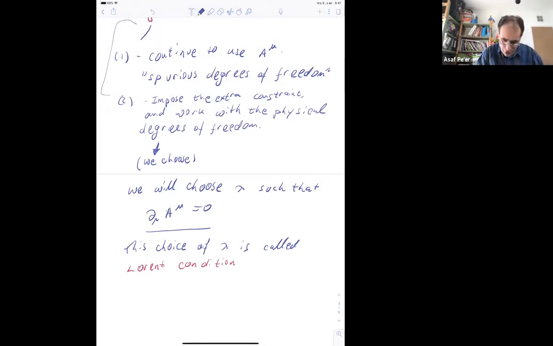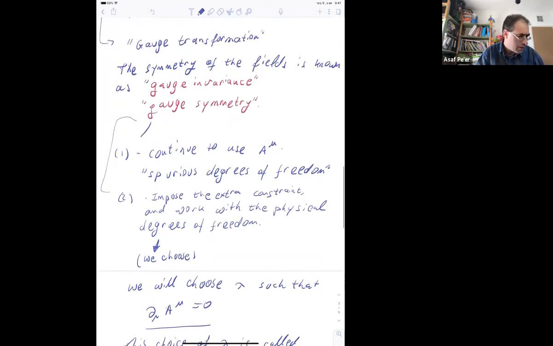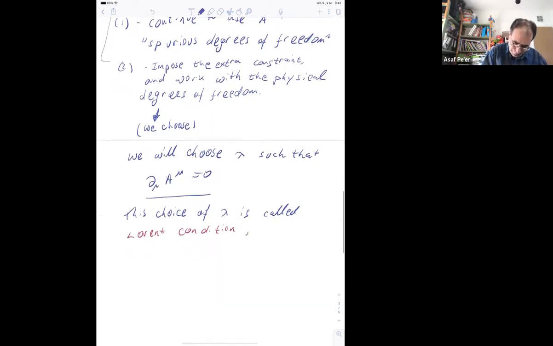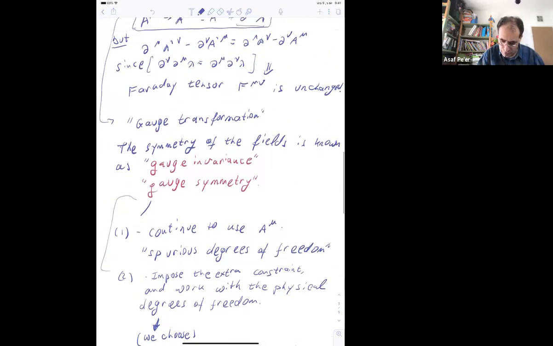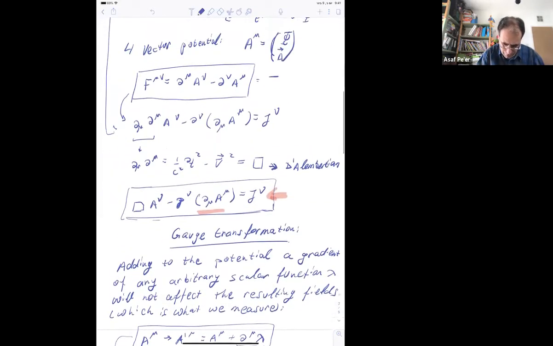So with this choice of lambda, the two inhomogeneous Maxwell equations become the d'Alembertian of A mu is equal to J mu, or A nu. How did I use it? I use